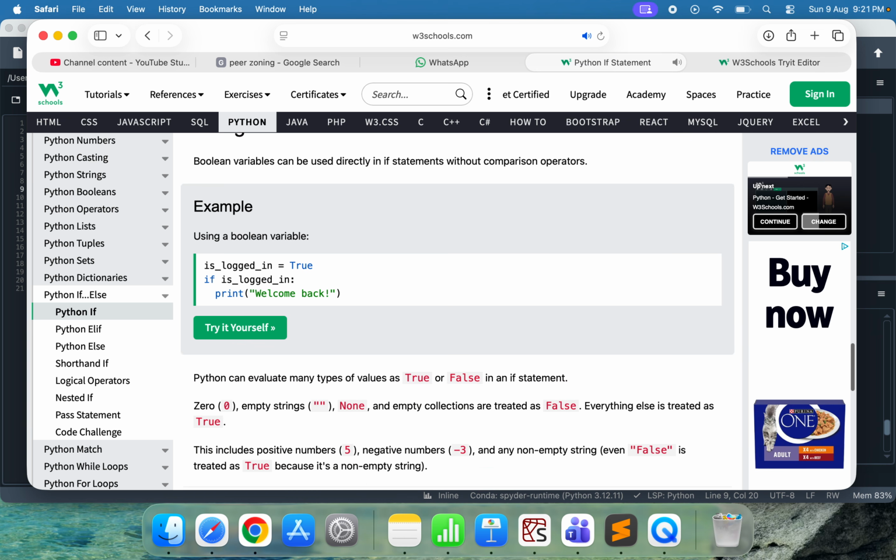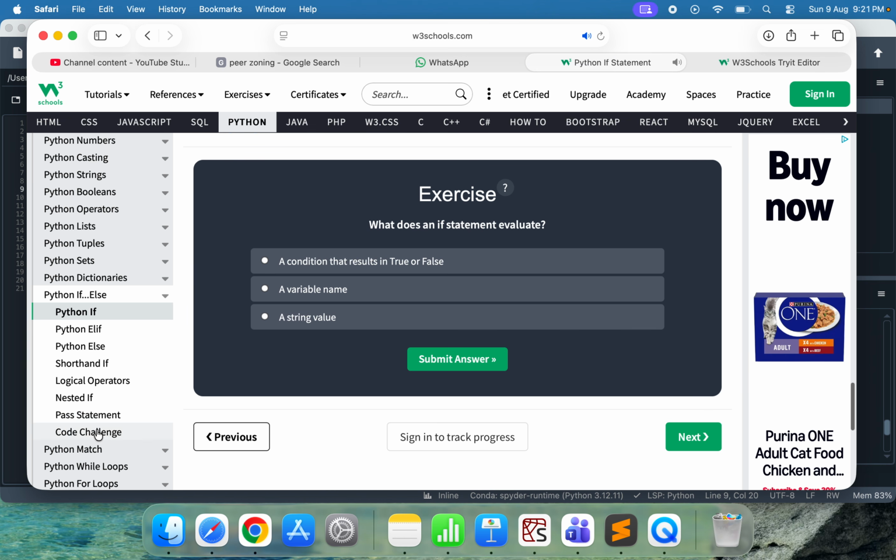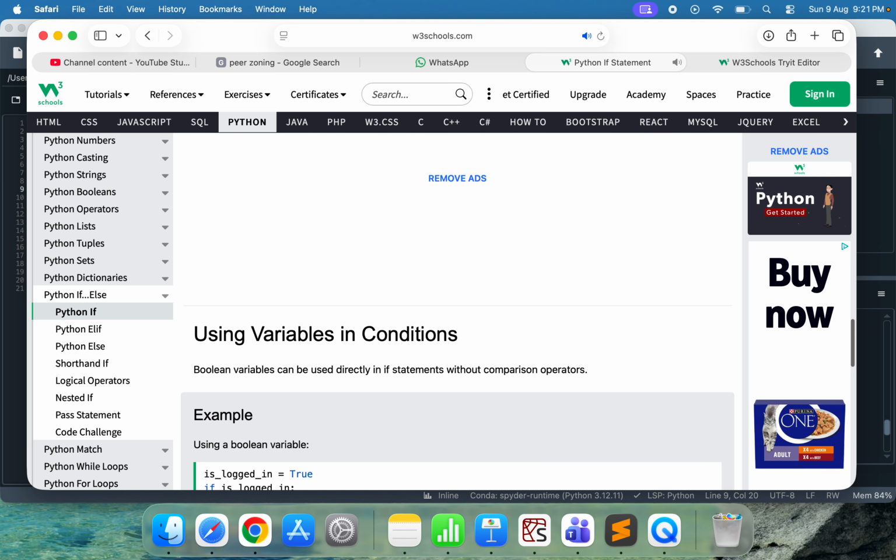So these things you learn, you can try it in nested if, logic operators, pass statement, all these things it is showing, right? It's very easy. The only thing that you'll find difficult is,